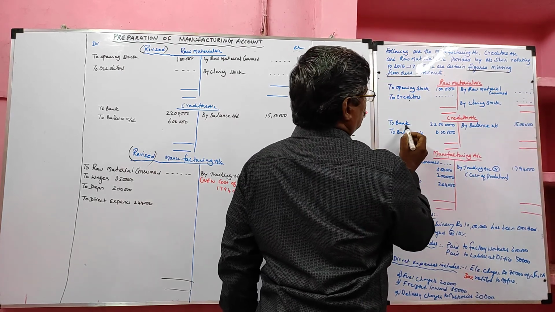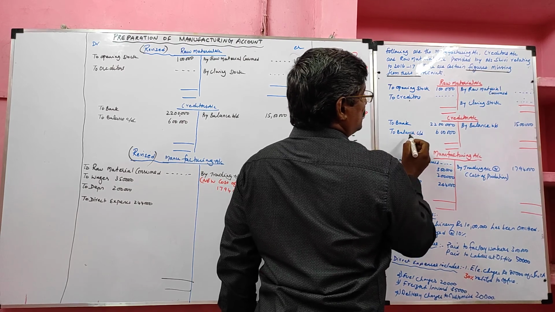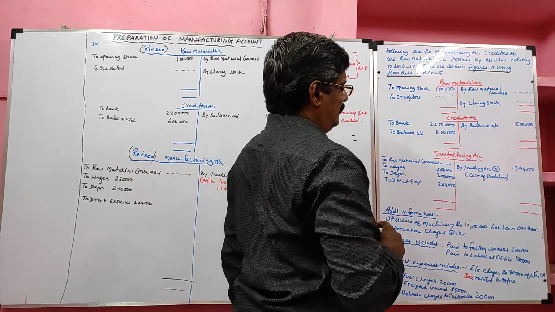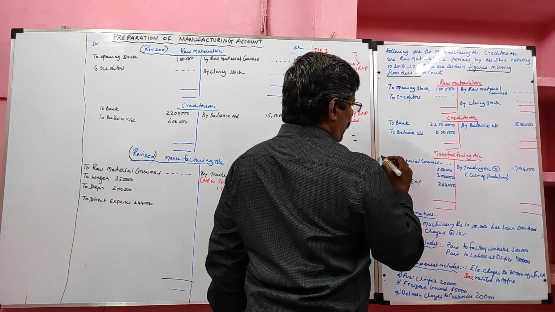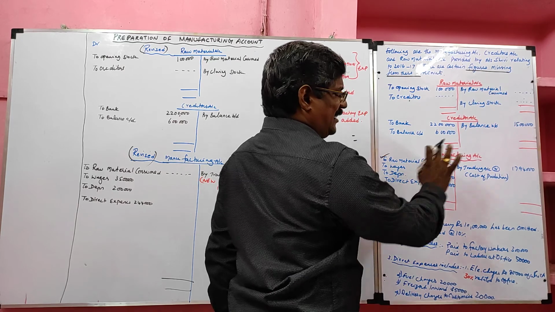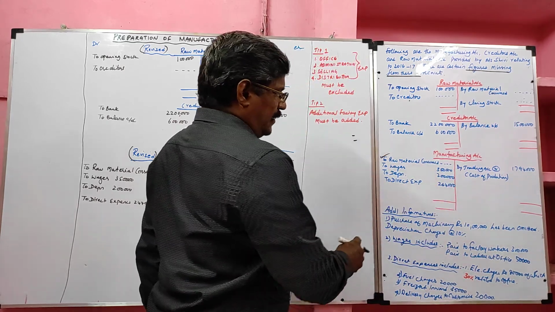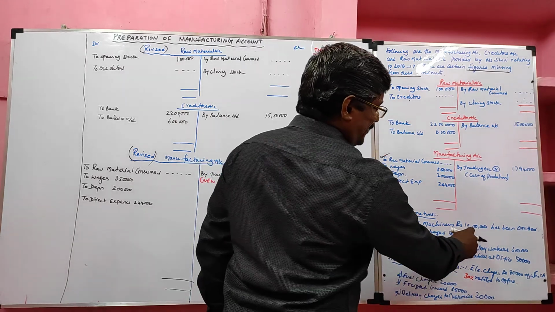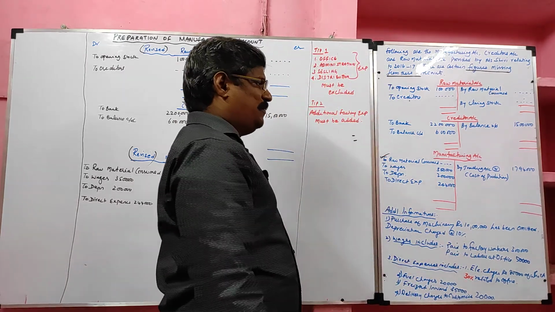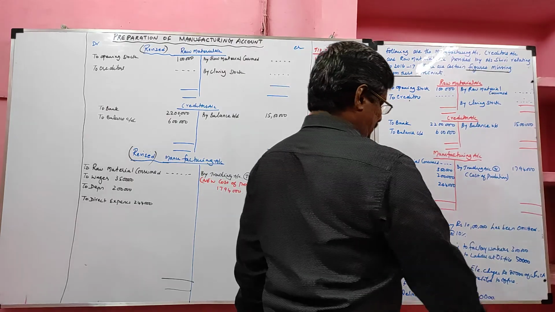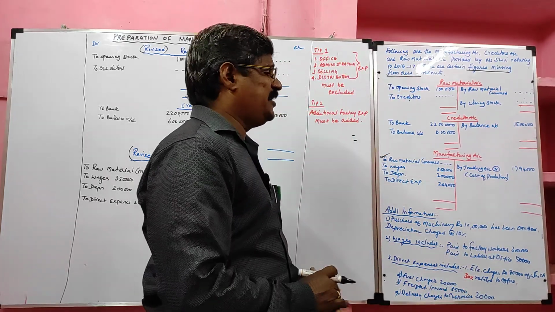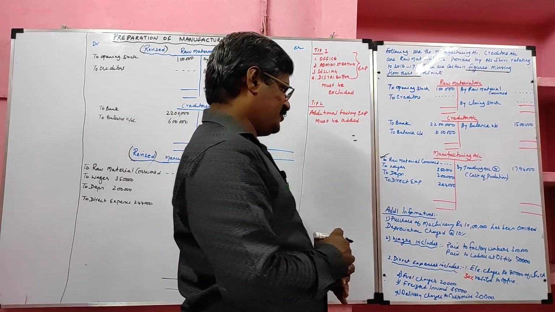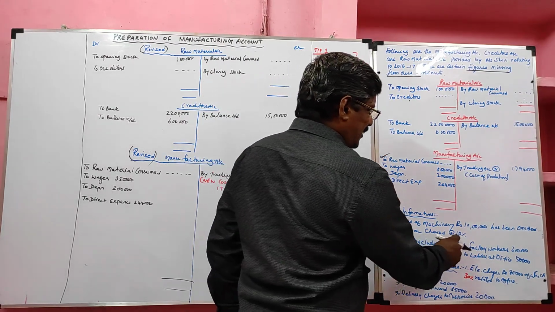In the creditor account, paid to creditor is given, and the closing and opening balances of creditor are given. In the manufacturing account, raw material consumed is not given, but other information is given. Then additional information: purchase of machinery, rupees 10 lakh, has been omitted. They purchased the machinery for 10 lakh, and the value was not recorded in the books of accounts. Depreciation is to be charged at 10%.